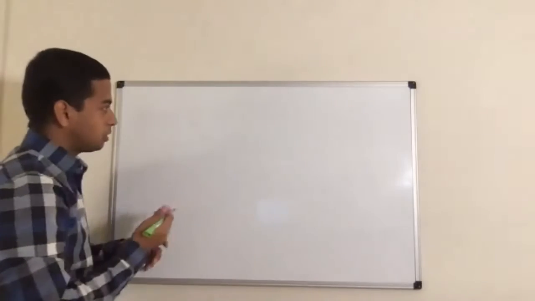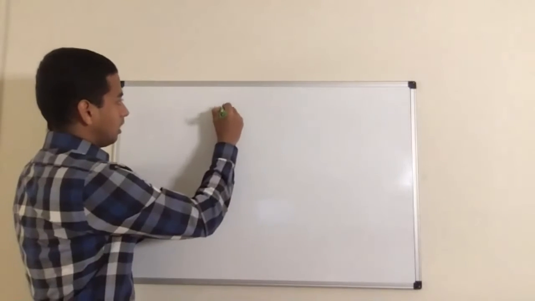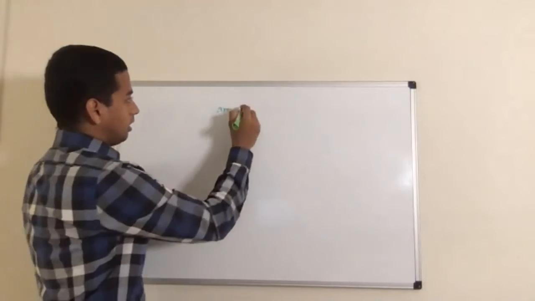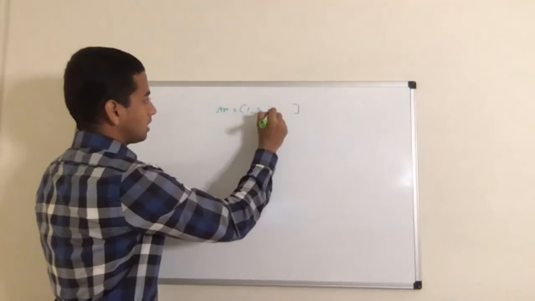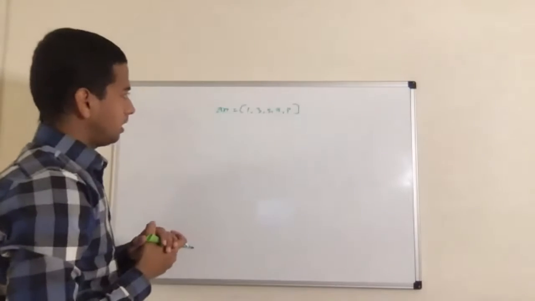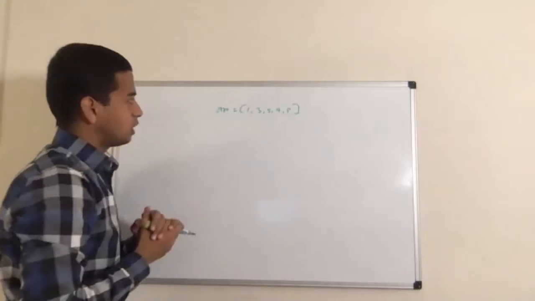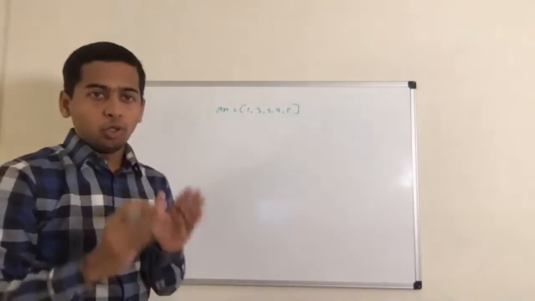So, stacks using array. We know that an array can hold certain linearly arranged elements like 1, 3, 5, 7. This is an example of an array, right? And we can define the size of an array. So I'm going to implement a stack.